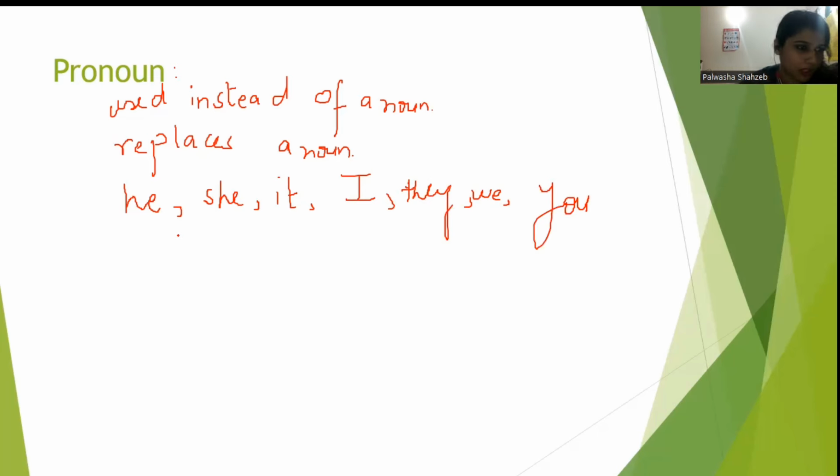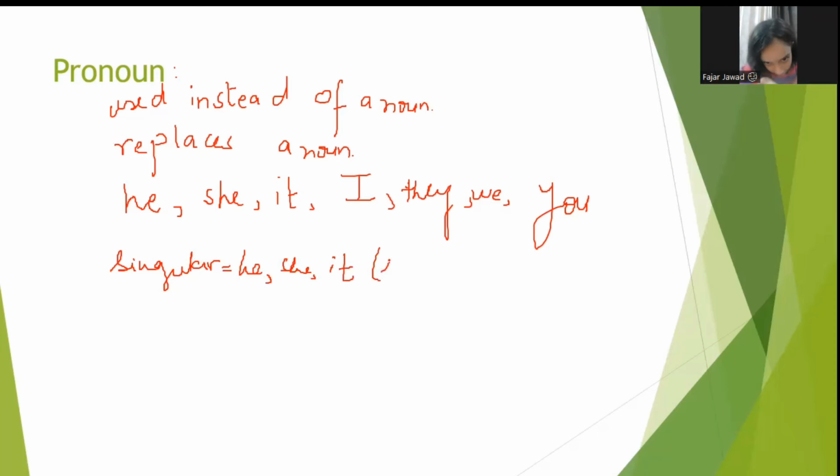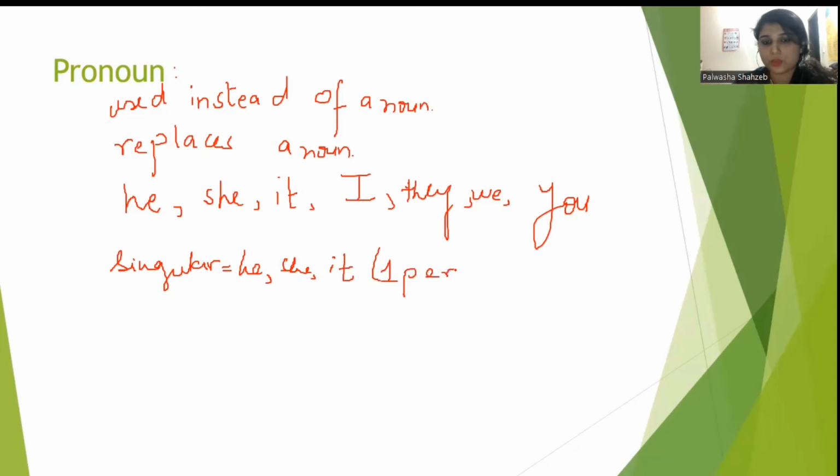When you use a pronoun in your writing, make sure to first use the noun. We have to first use the noun, then replace it with the pronoun, to make it clear who or what we're talking about. So can you please give me an example sentence? For singular pronouns, we will be using he, she, and it, for one person. And for more than one,